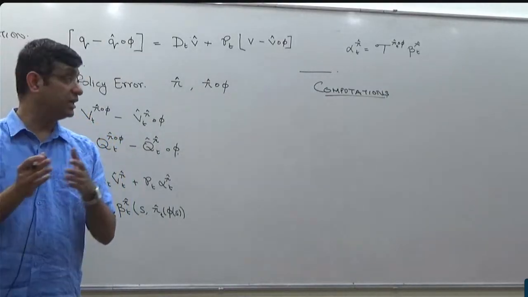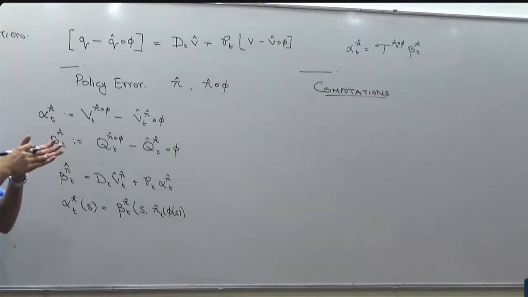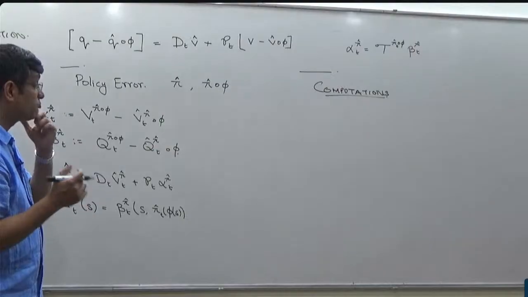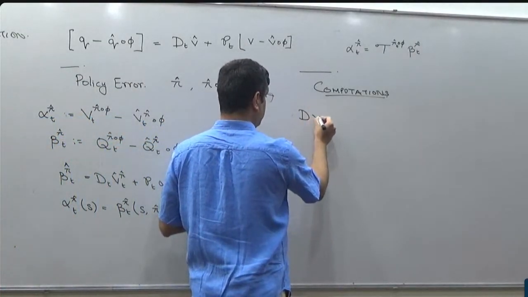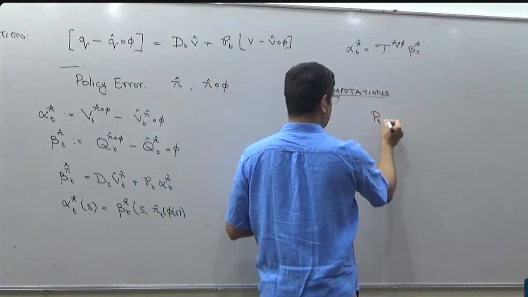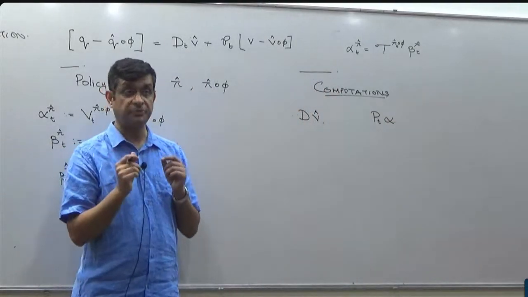One is some of the expressions will require me to know the optimal policy in the true model, and that I am going to replace in the same way that I did here. I will do minimization over some set which contains the optimal action, possibly the entire action space. So, I am going to focus on the dv hat computation and the pt of alpha computation,